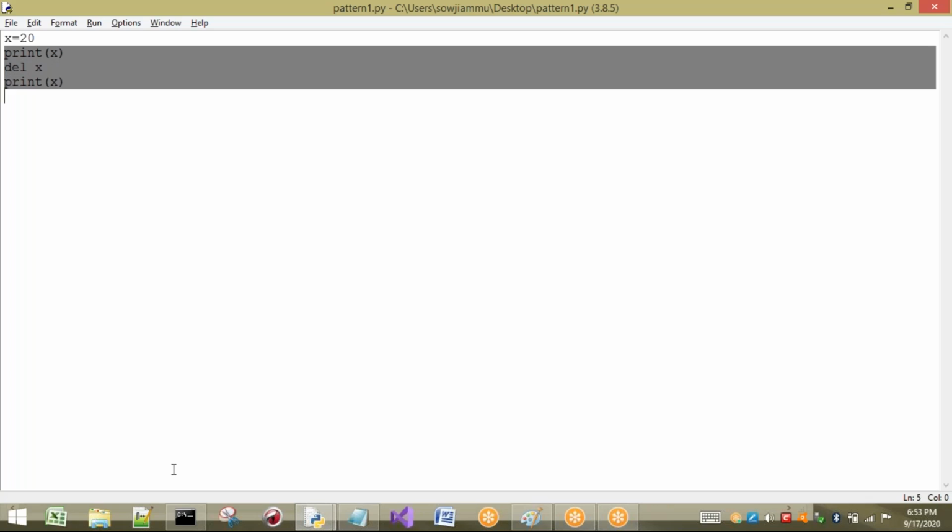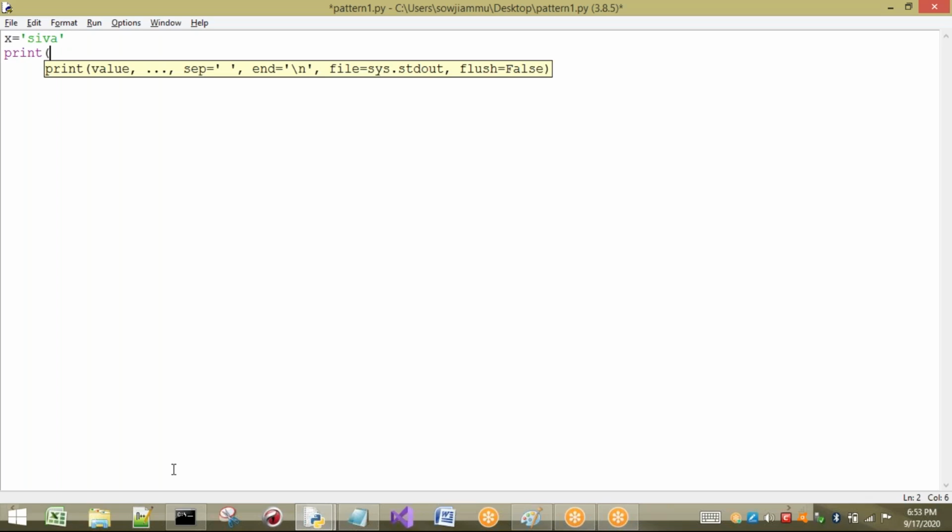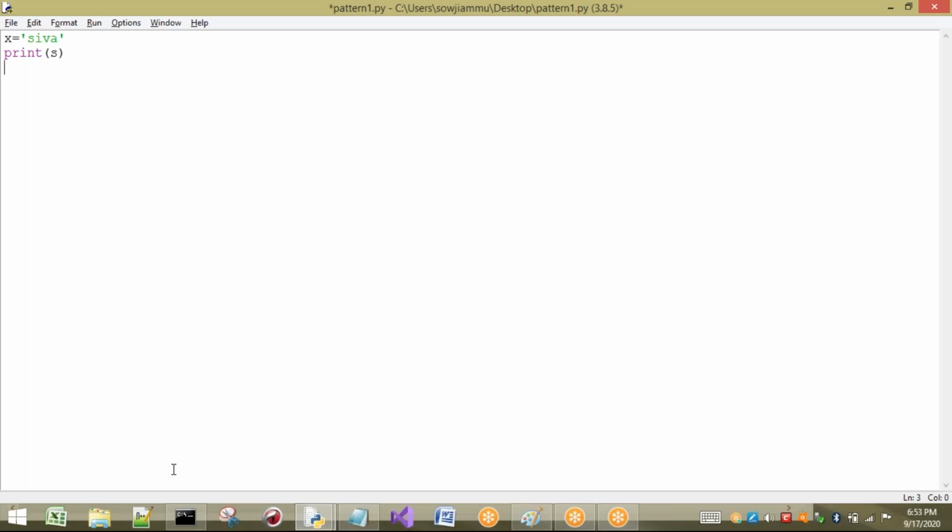Next, I can delete an entire object, but I cannot delete individual things. For example, I take x equal to Shiva and print x. What is the content of x? It is going to print the entire string. Now I want to print s of 0, 1, 3, say s of 3. What will be the output of this program?